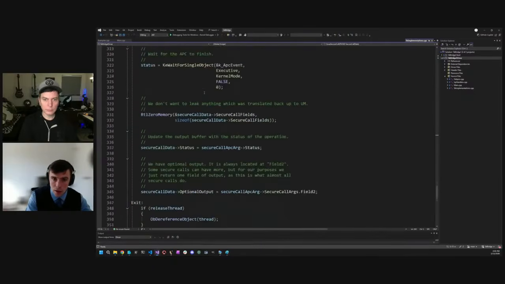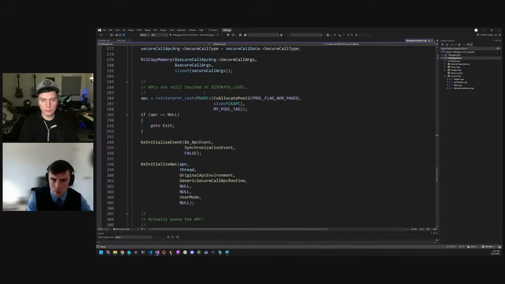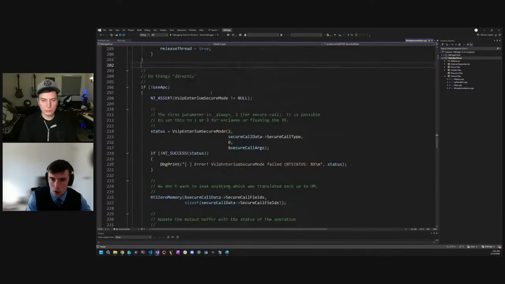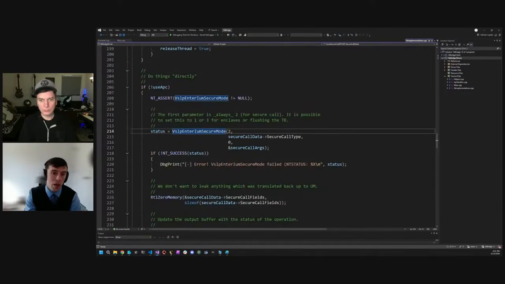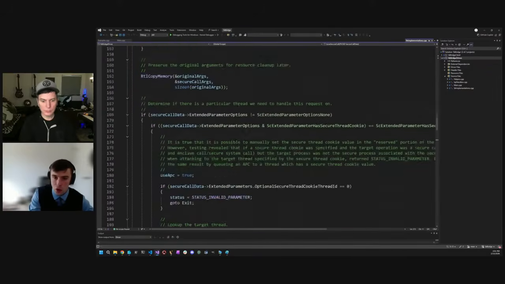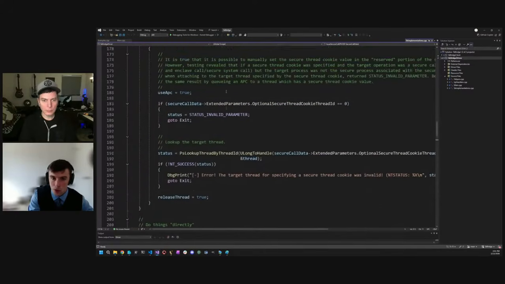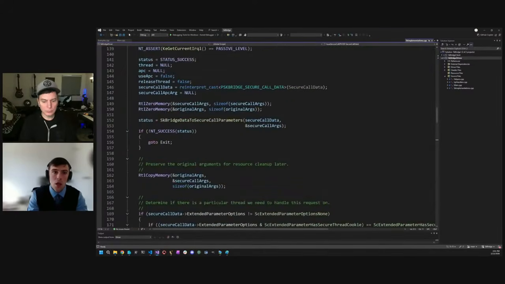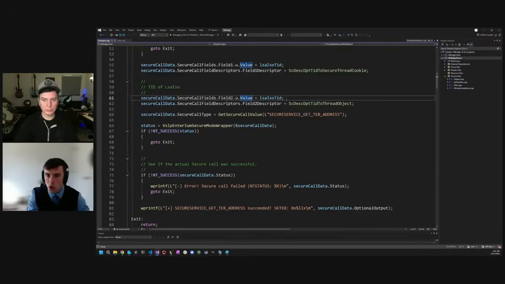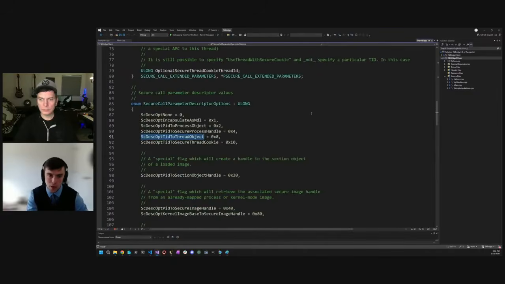So it goes through and then it makes the secure call by just invoking the private function itself with 2, which is the type. And then it passes in the secure call type as well, and then the actual arguments. And again, there's this whole level of translation which can be done too. So one last thing that I'll show is all of the various descriptor options,